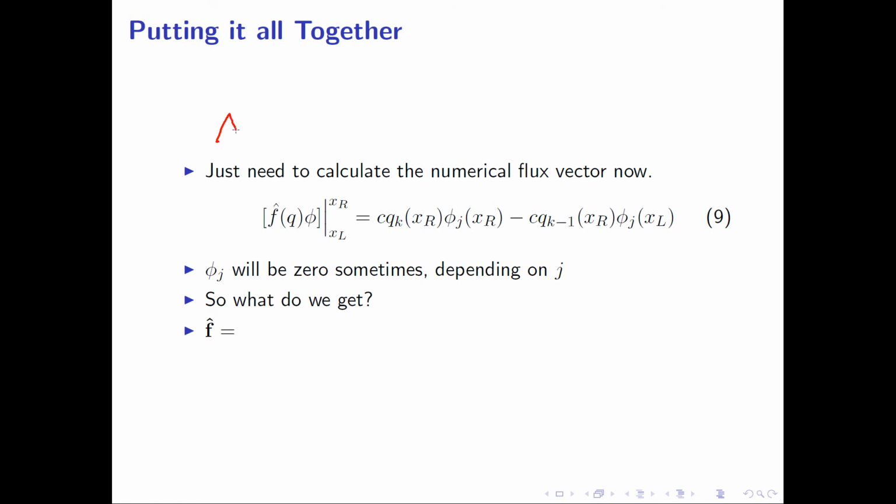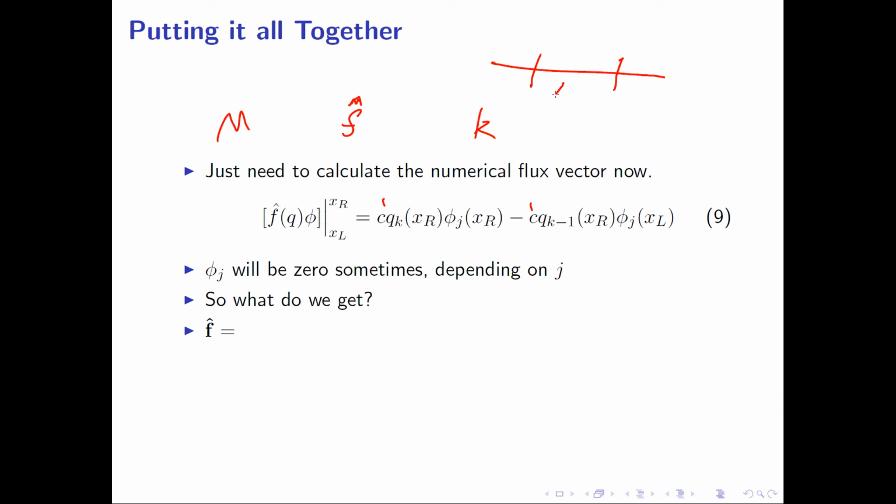Okay, so we've managed to successfully get expressions for our mass and stiffness terms, which leaves only our numerical flux from our weak form. So recall that we're evaluating this at the element boundaries as a result of the integration by parts. And because we have a constant linear velocity, our velocity here is just stuck on the outside times our solution. And this is the solution due to our numerical flux. So because we're using an upwind flux and we're assuming C is positive, this is going to be on the upwind